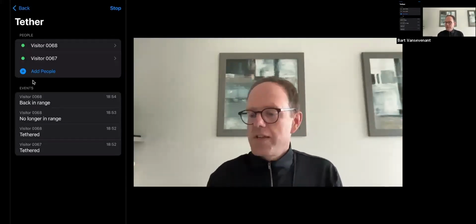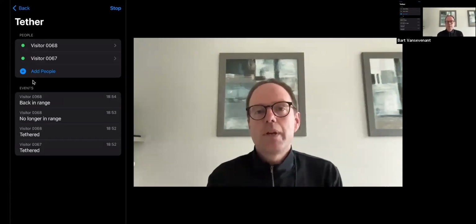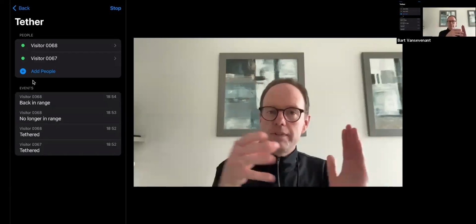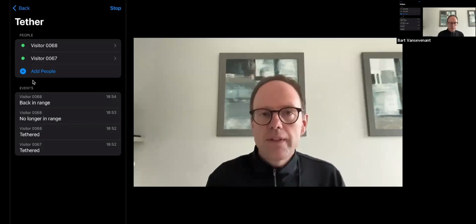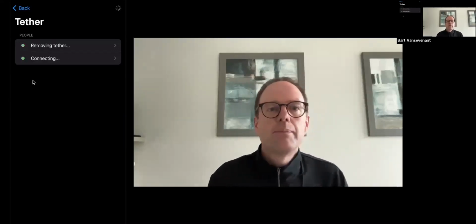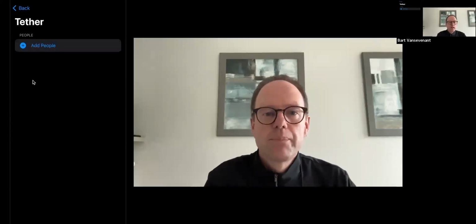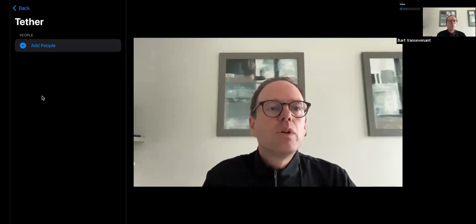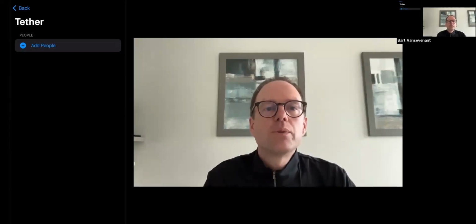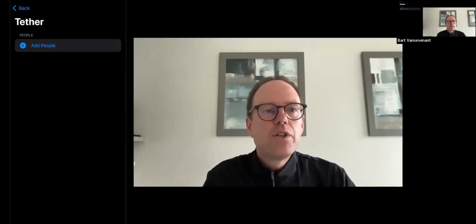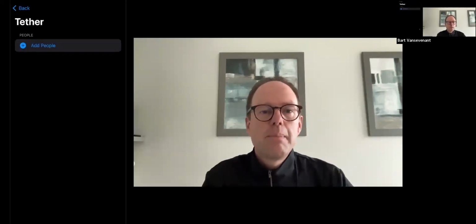And so for the sake of the demonstration, let's assume we go back to the reception desk, and the only action required, so at the very beginning, I simply had to tap the badge holders against the kiosk or the tablet. And at the end, the only thing I need to do is hit the stop button. I'm doing that right now. And it is ending basically these tethering sessions. So very, very simple solution overall. No actions required throughout the visit at all. It's just that throughout the visit itself, this technology in the background is going to make sure that we monitor